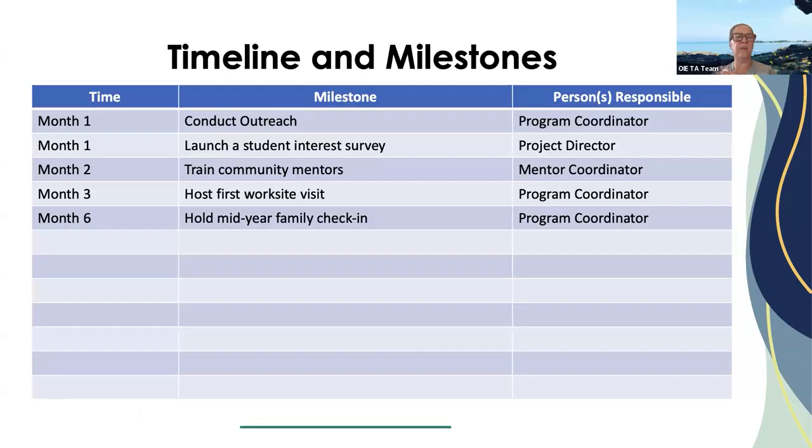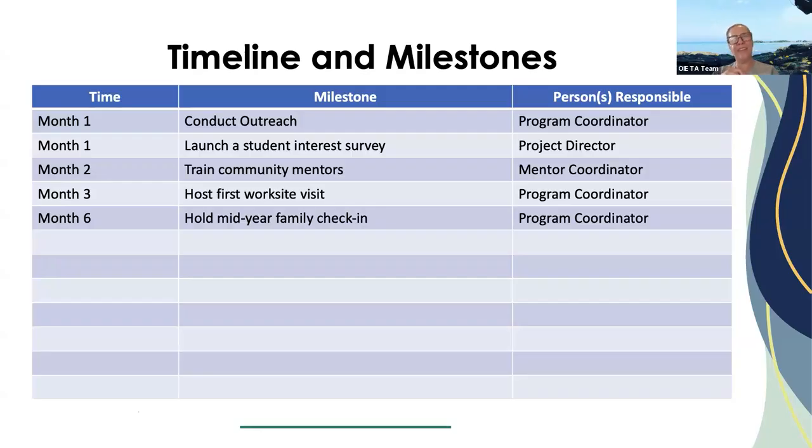You can kind of see where we're going with month 1, month 2, month 3, and month 6. So now let's jump from month 6 to month 8, and you can go ahead and put in the chat: what would be the milestone you would see in month 8 as it relates to this program?